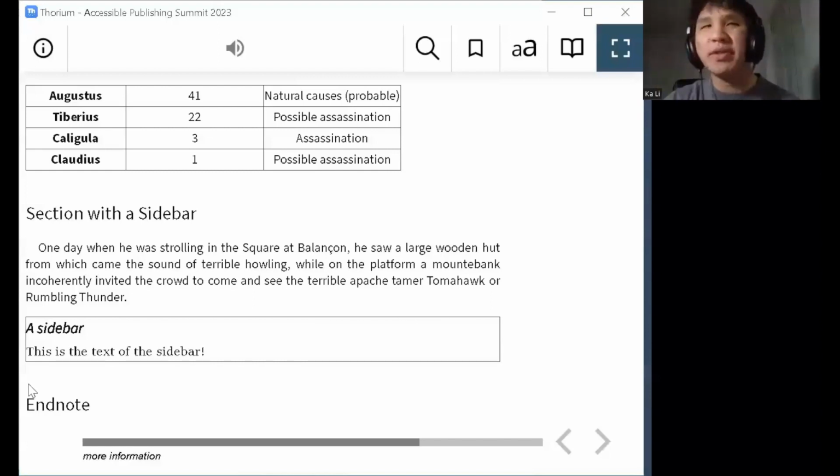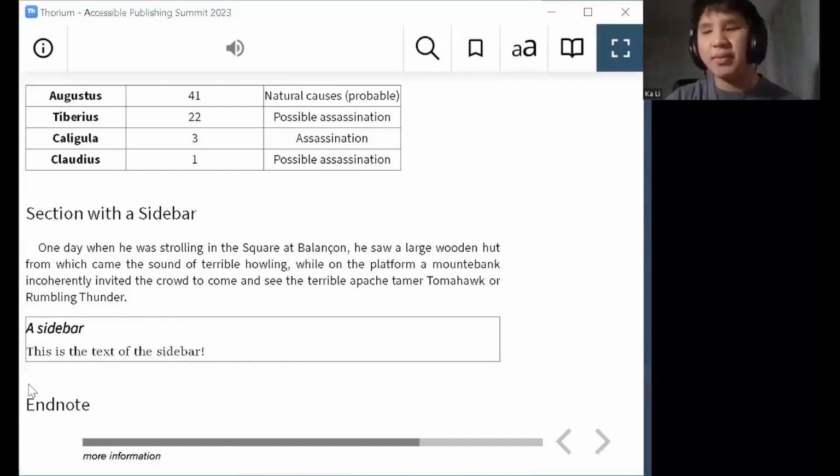And one of the beautiful things about having a marked up table like this is I get a spatial layout of where things are. So I can go to the right. Cause of death column. Then I can go up. Tiberius row, Augustus row. And I know that I went right and up because I'm able to hear what the rows and columns are, and I've also moved in that direction. So you have a couple of ways of identifying that, but it does represent things in a spatial way that makes it easier to understand the data.